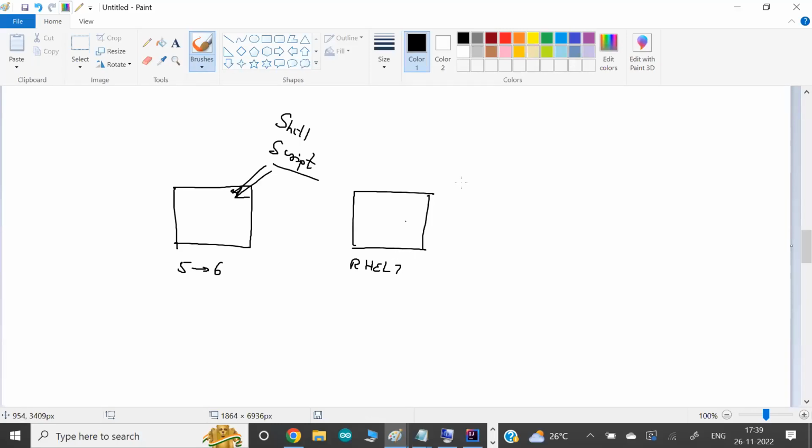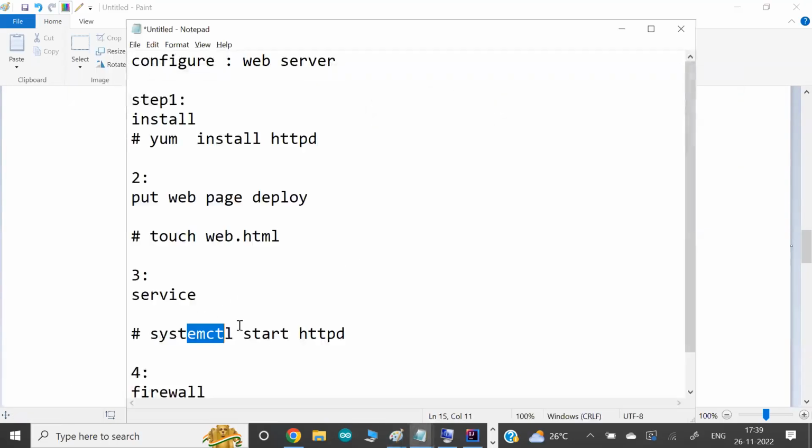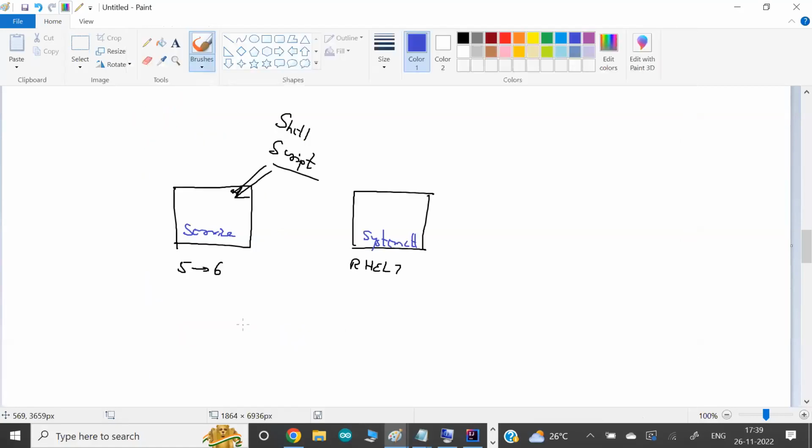For example, up to Red Hat version 6, if you want to start any service, like a web server or mail server, the command is service. But in Red Hat version 7, the command changes to systemctl. This is one small change in commands. Otherwise, there are a lot of other changes and option changes in Red Hat version 7.